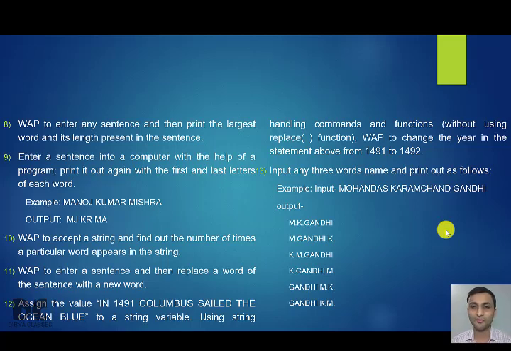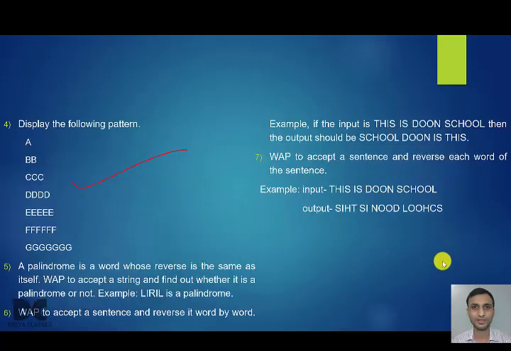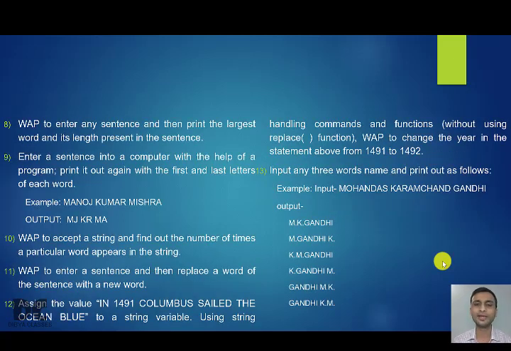That is, we learned how to extract words. So in the previous video, if you remember, we took a sentence, extracted words and reversed the sentence. In the second, that is question number 7, again we took a sentence, extracted words and reversed each word. So from question 8 to 12, we need to do the same thing, that is extract words, but after extracting the word, we are going to do different things.